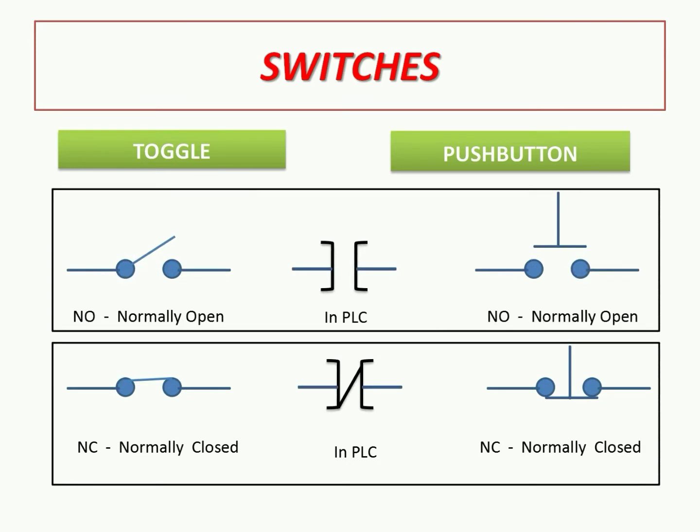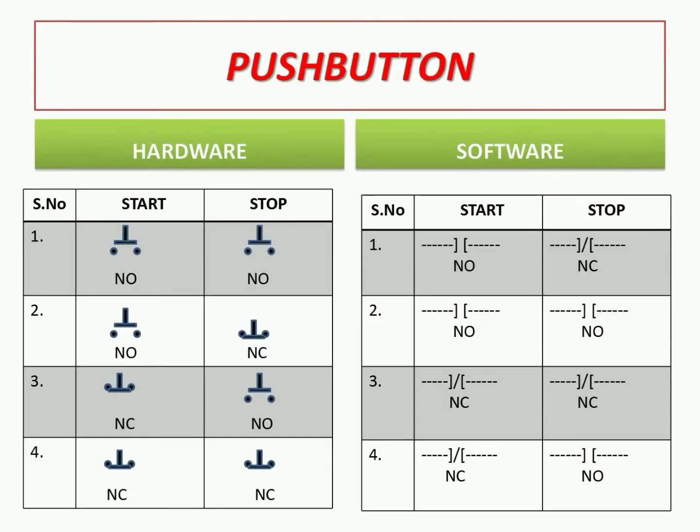Now we come to the PLC part. Whether you take a push button or a toggle switch, the symbol in PLC remains the same. The symbol doesn't know whether it is a push button or a toggle switch. It only shows a NO. So in PLC you can see on screen the NO symbol. I have written the toggle switch symbol and push button symbol and how we denote it in PLC. So this is the basic part. We are going for a basic part only right now. And next, this is the chart. We will do it later.